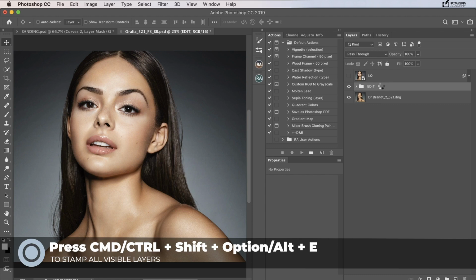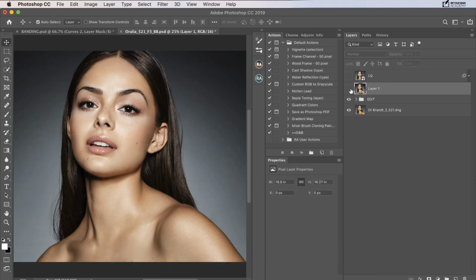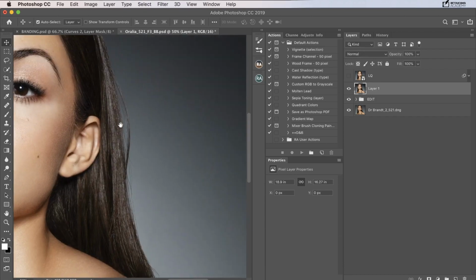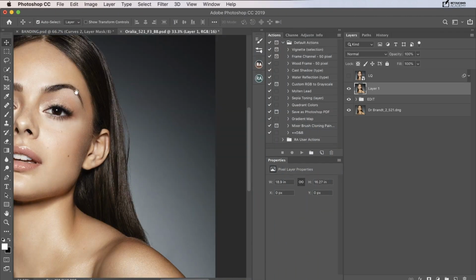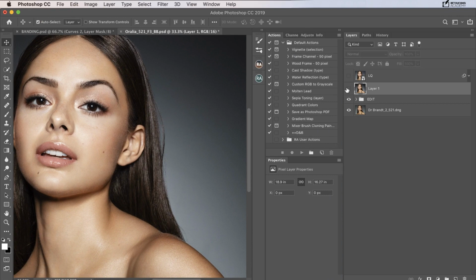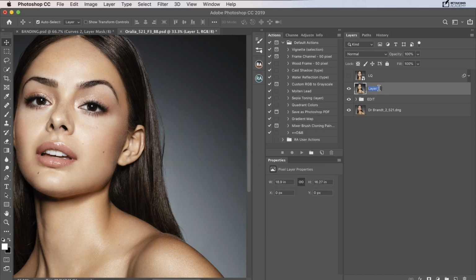I'm just going to Command Shift Alt and E, creating a copy merge layer on top. And as you can see, when I flick through, if I just zoom in here, that banding appears less visible. And if you can't see the difference, that might just be due to the video compression. But hopefully you will be seeing a visible difference there. So now all I need to do is go to Image, Mode, and back to 8-bit, and I get my file size back down. I can then name this layer 16,